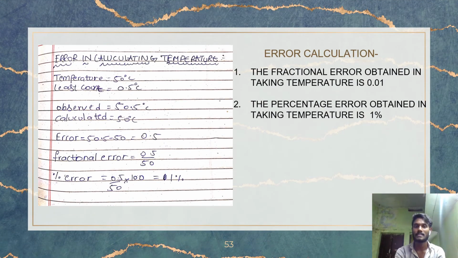Error in calculating temperature. The taken temperature is 50 degrees centigrade, least count is 0.5 centigrade, observed value 50.5 degrees centigrade, calculated value 50 degrees centigrade. Hence we have done the calculation. The fractional error obtained in taking temperature is 0.01. The percentage error obtained in taking temperature is